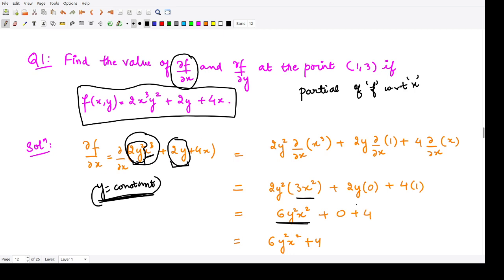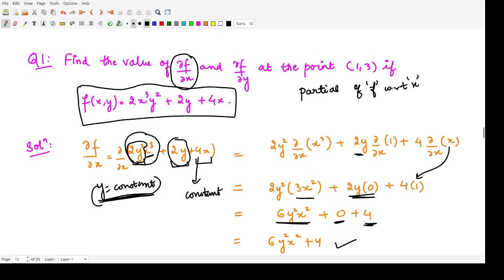It is equal to 0. So we have 0. 2y multiplied by the derivative of 1, that is 0. So 0 multiplied by 2y is 0. And for the third term we have 4x. So we will treat 4 as constant and perform the derivative of x. When you perform the derivative of x, that is equal to 1. So its value is equal to 4. So that is the final answer.